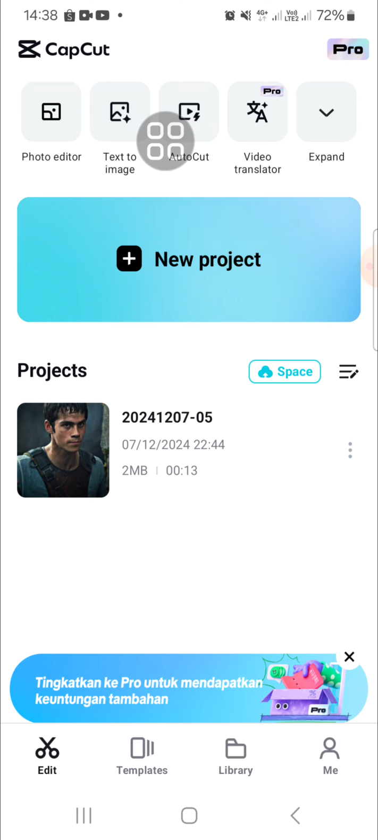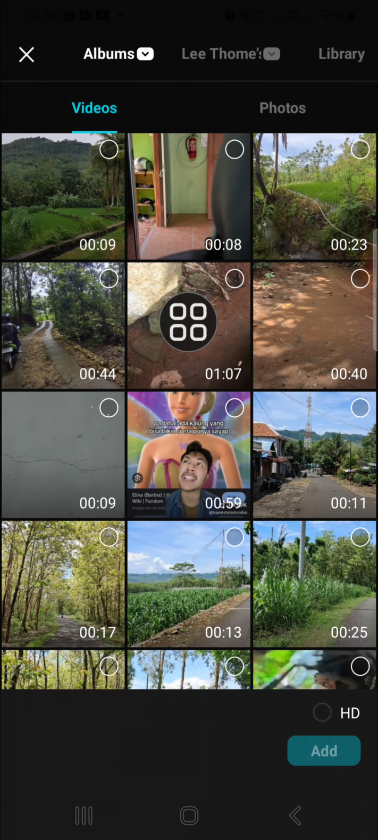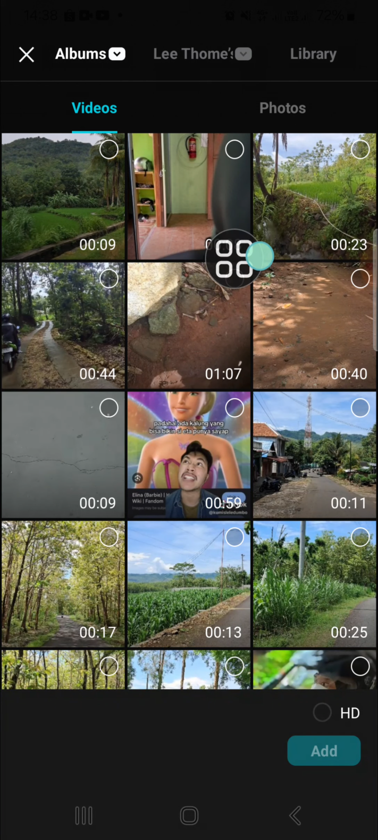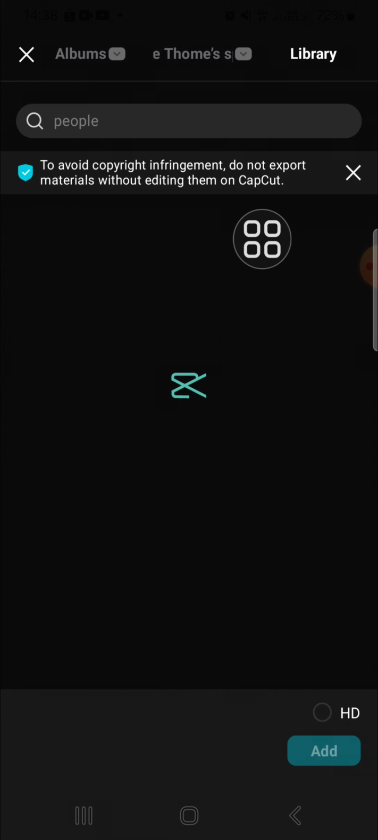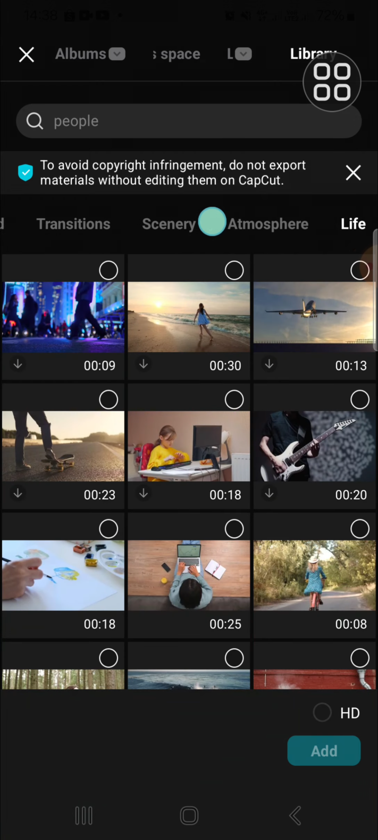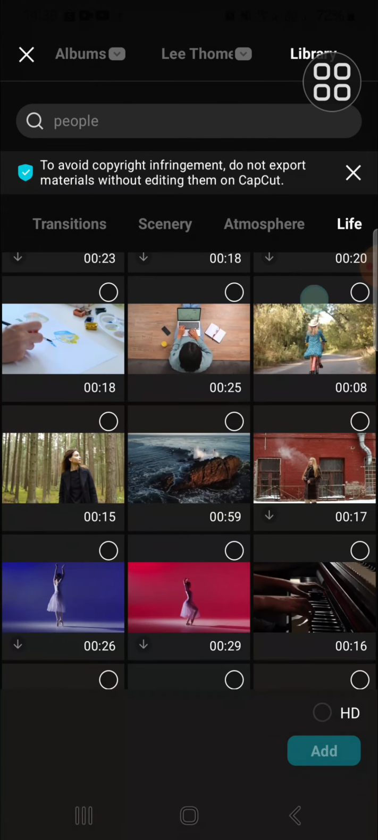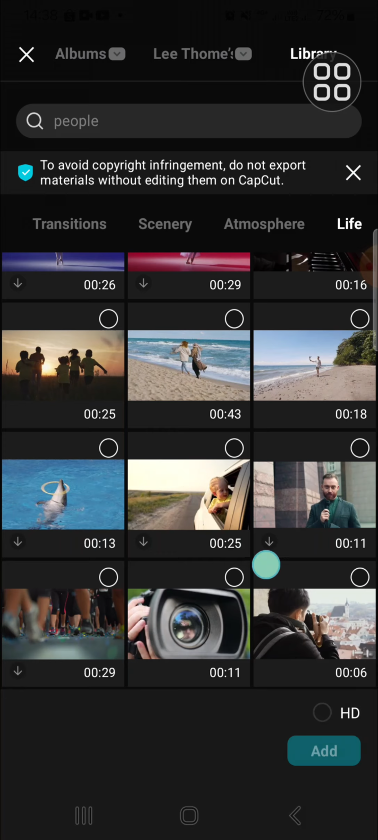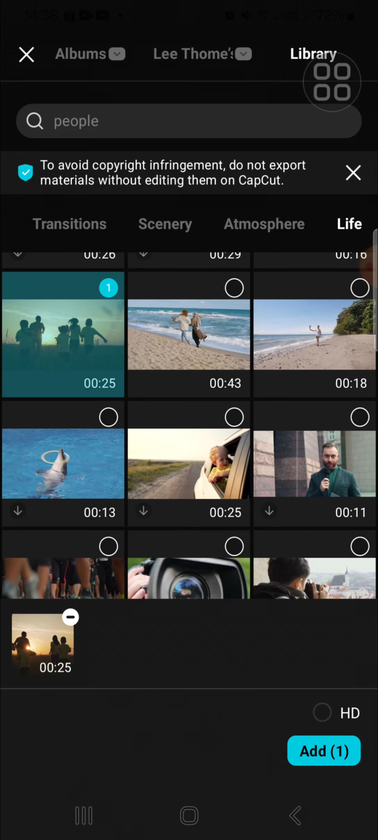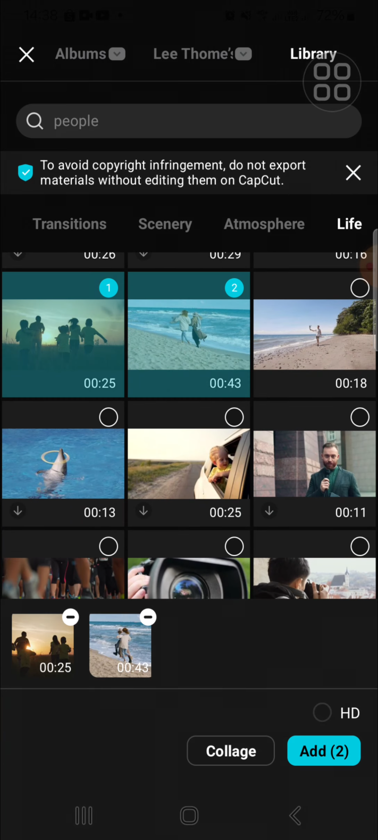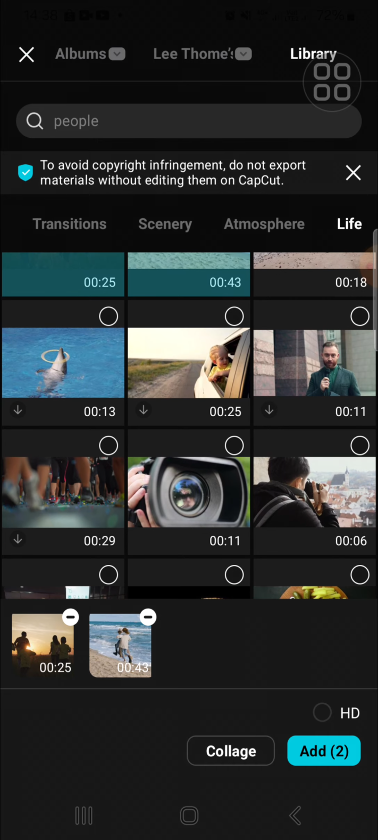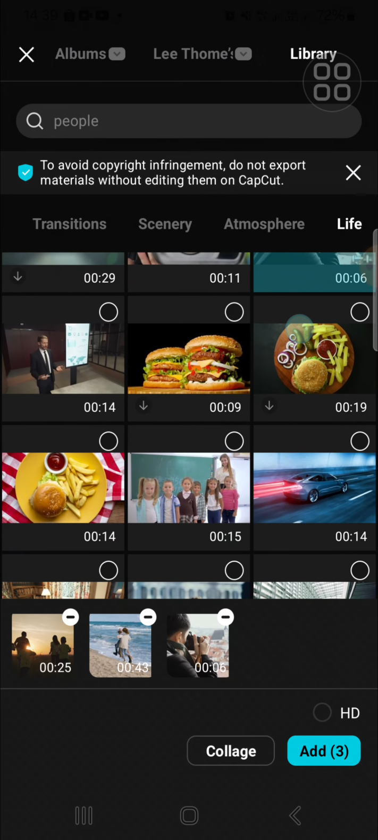Here I have opened my CapCut application on my mobile phone. First of all, I'm going to create a new project on CapCut. Since I don't have any footage to be edited, I'm going to use video from the CapCut library as an example. I'm going to go to the library and select some videos from here. You can add your flashback video, guys, and I'm just going to pick, for example, this one and also this